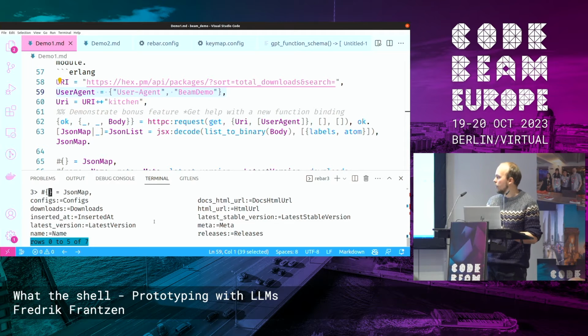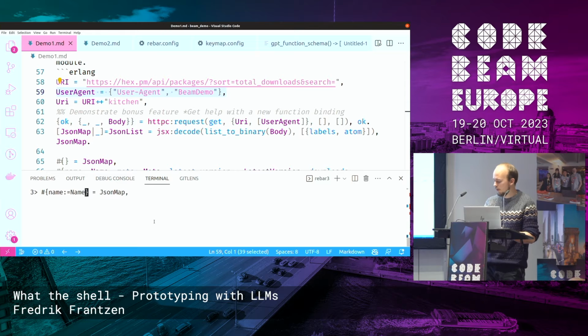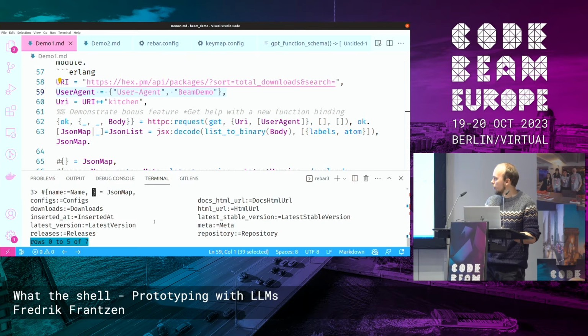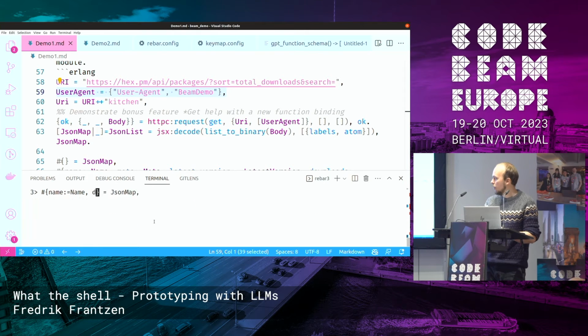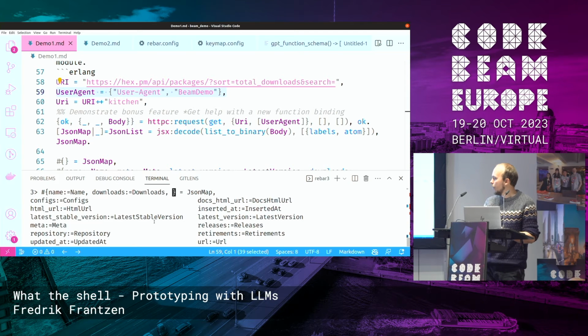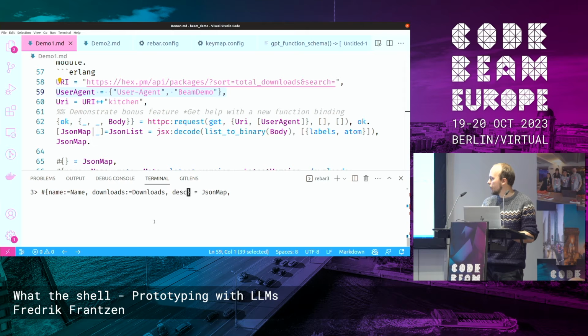So then I could say that I'm actually interested in the name of the package, and I'm interested in how many downloads we have, and then I'm interested in the description. Okay, wait, it's inside the meta one. And then I want to see the latest version.